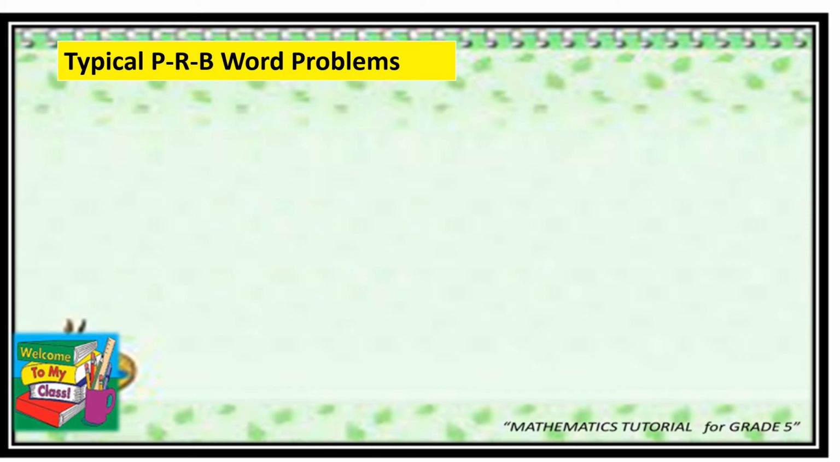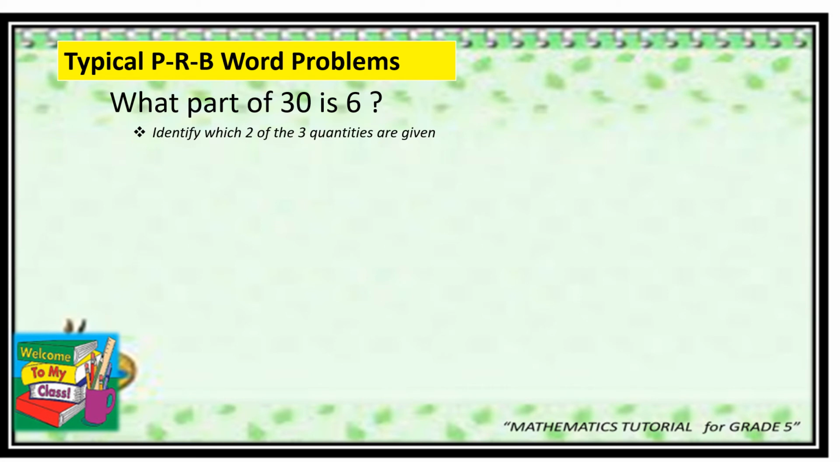Let us discuss typical PRB word problems. P stands for percentage. R stands for rate. B stands for the base. So that is typical percentage rate base word problems. What part of 30 is 6? First, identify which two of the three quantities are given. 30